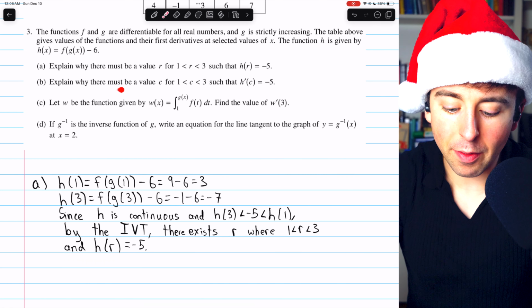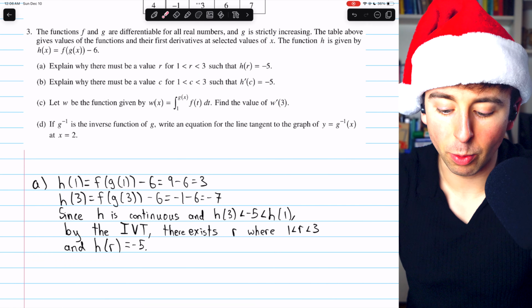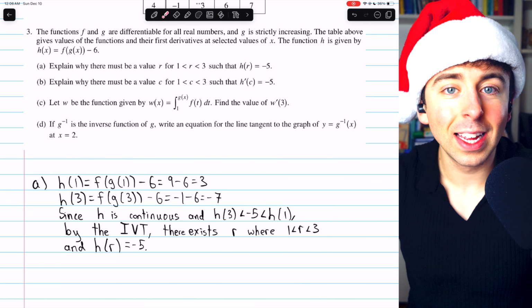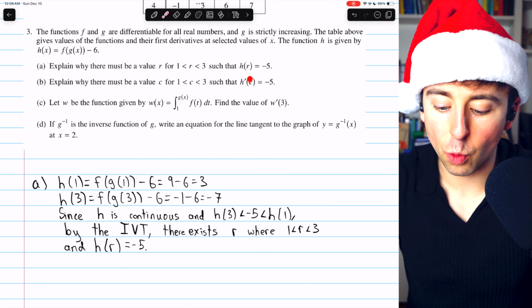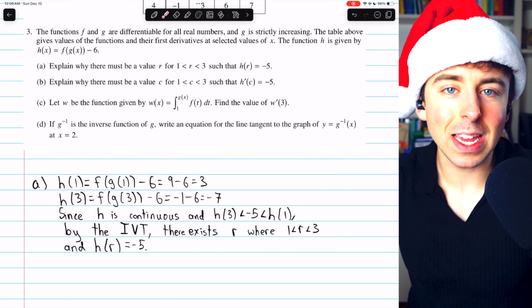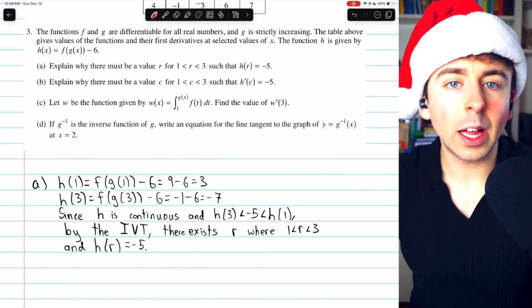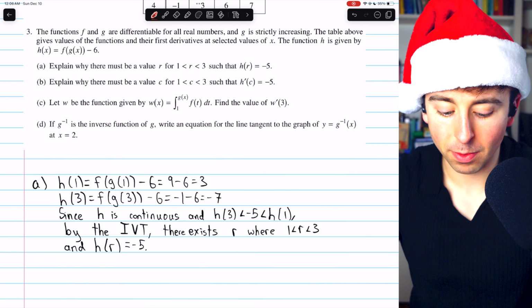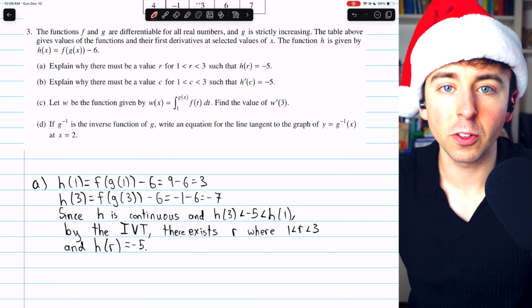Explain why there must be a value c between 1 and 3 such that h prime of c equals -5. In this case, we're trying to show that the derivative takes on a certain value, so for this, we're going to use the mean value theorem. The mean value theorem tells us that since h is a differentiable function, since it's a composition of differentiable functions,